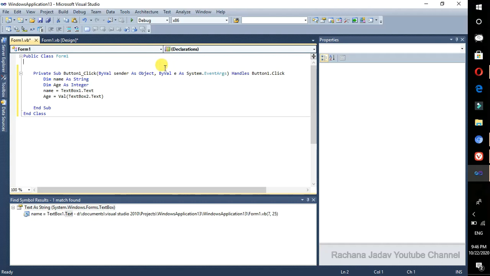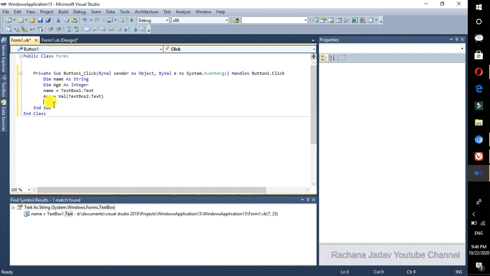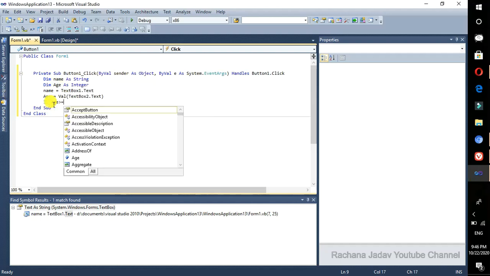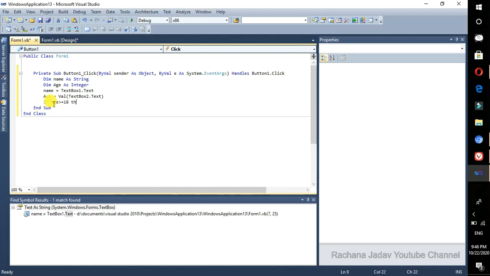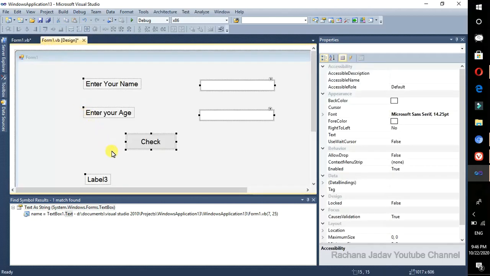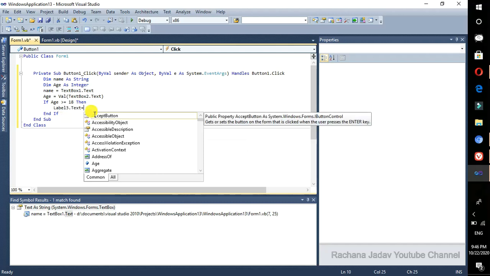So we will give the if condition: if age is greater than or equal to 18, then what will be the output in the label. Please check which label you have given, it is label 3. So label 3 dot text means whatever the output will come, that will be taken in the property of label text.